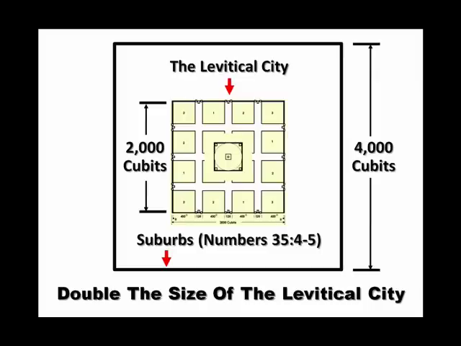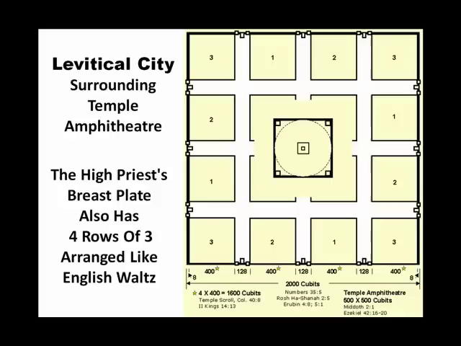Again, the Levitical city is centered inside the suburbs. That is, the 2,000 cubits, four-square Levitical city is inside the suburbs, which double the size of the Levitical city. Numbers 35:4-5. The Levitical city surrounding the temple